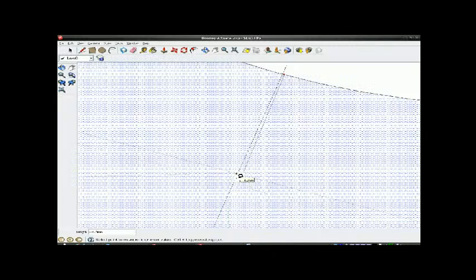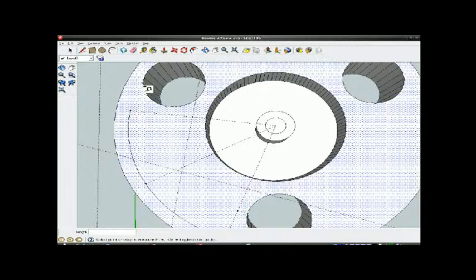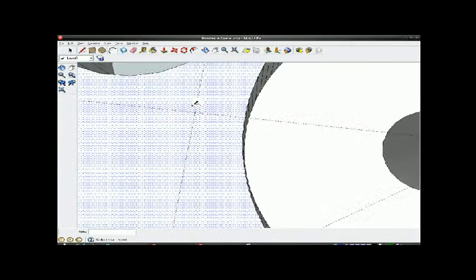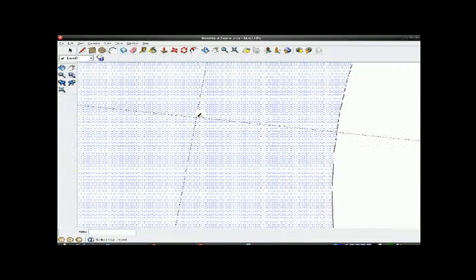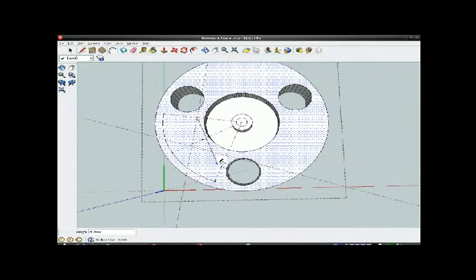Why is it? Right, get my arc tool again. Oh, my dot. Where's my dot? Well, I'm at the intersection, so